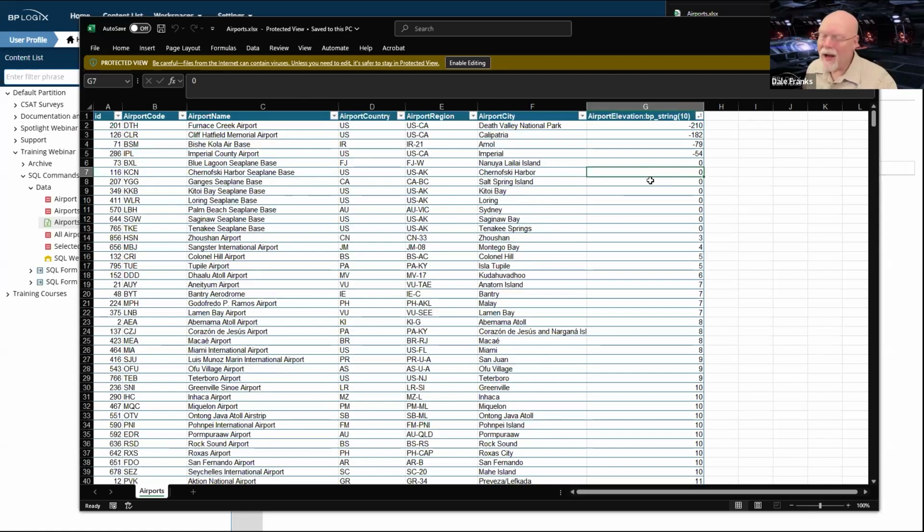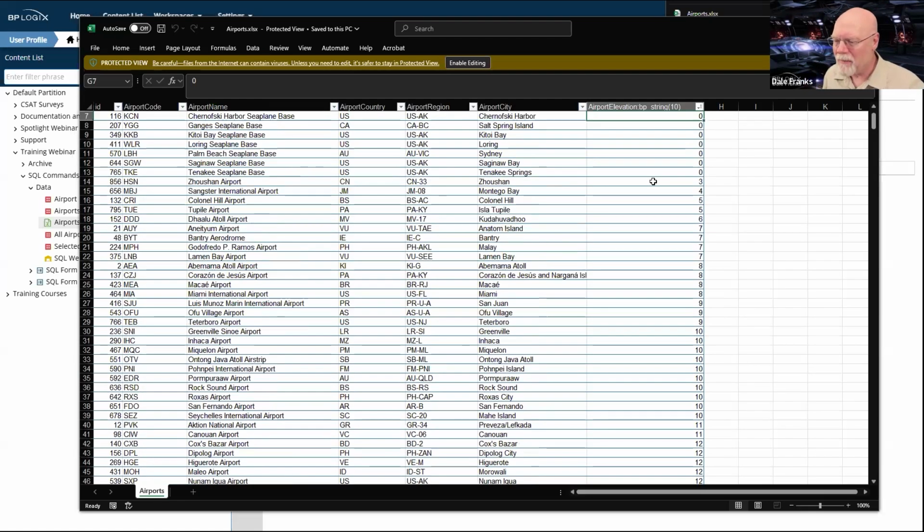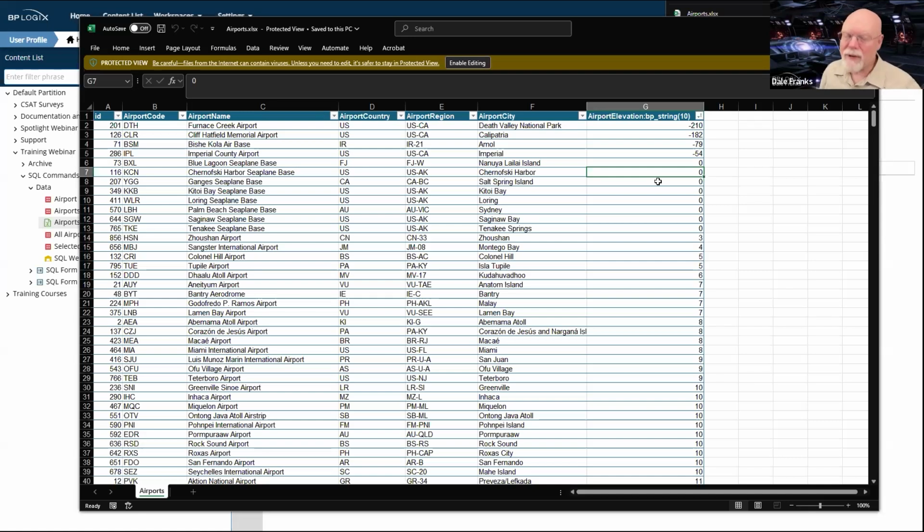Having said that, there might be some context in which I might want to do math on the elevation. And if that is true, then I wouldn't want to make this a string. So I may or may not do math on this. Apparently, I decided I wasn't going to do math, so it was going to be a string.